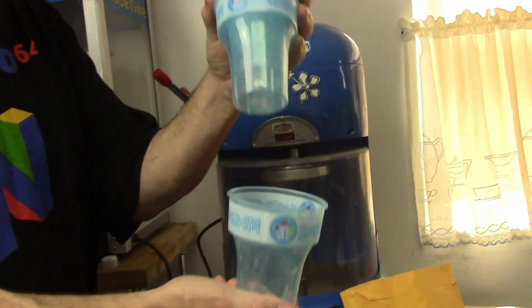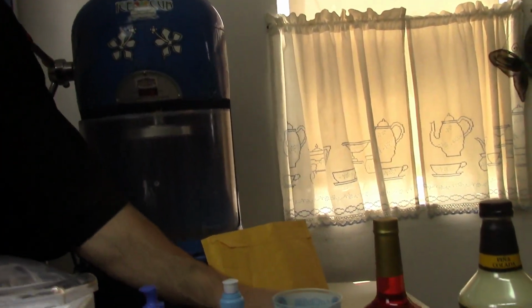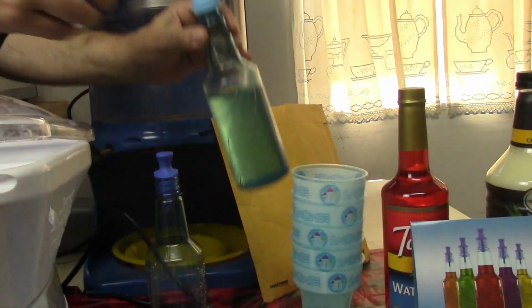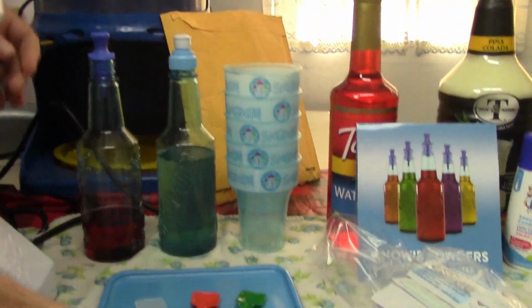What comes with it, depending on what you get, most of the time you're going to get some of these cute little snowy cups. And if they look a little rough, it's because we've been using them already. You will get a couple of these bottles, a couple of these pour spouts that you can just pour right over, or it also comes with a couple of these little squirt spouts, which don't work as well as these pour spouts. And you're going to get this little mat